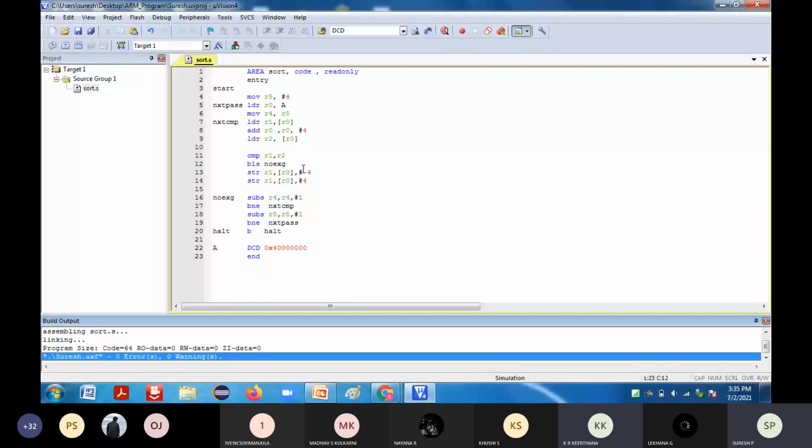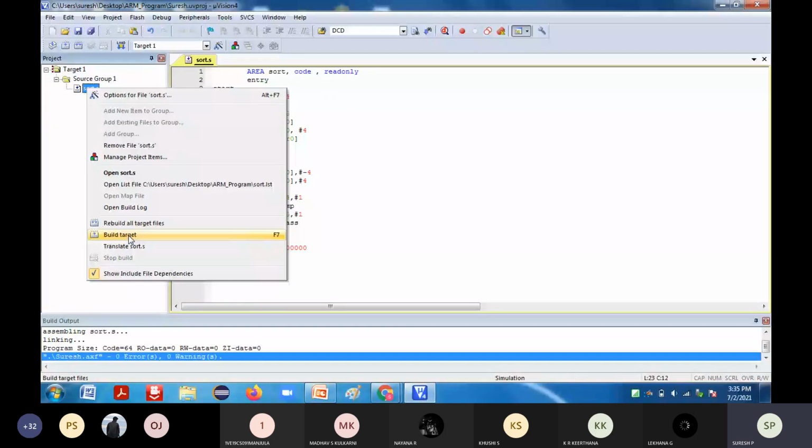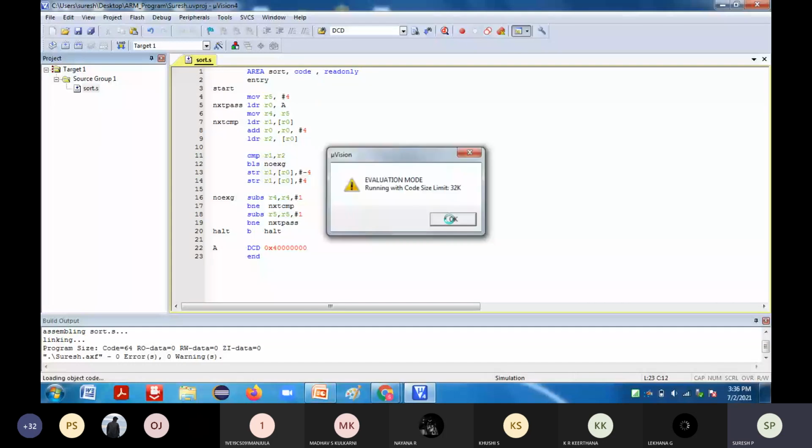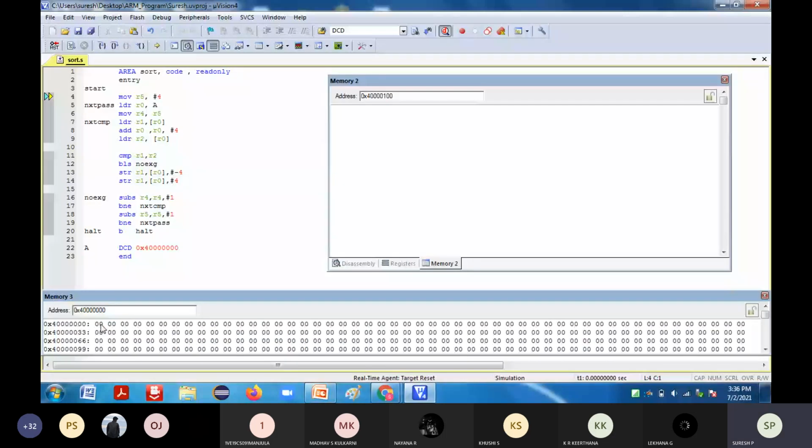Okay. So next, build target, then debug, start or stop code. Once it is done, fill the elements from the address. Initially I'm going to give 8. After that I will give 5, and after 5, I'm going to give 9.